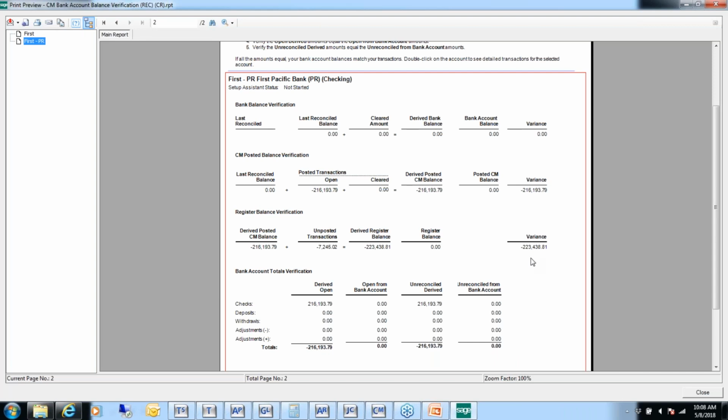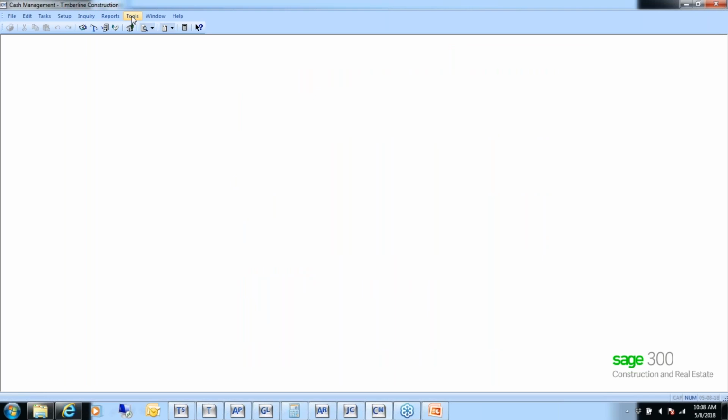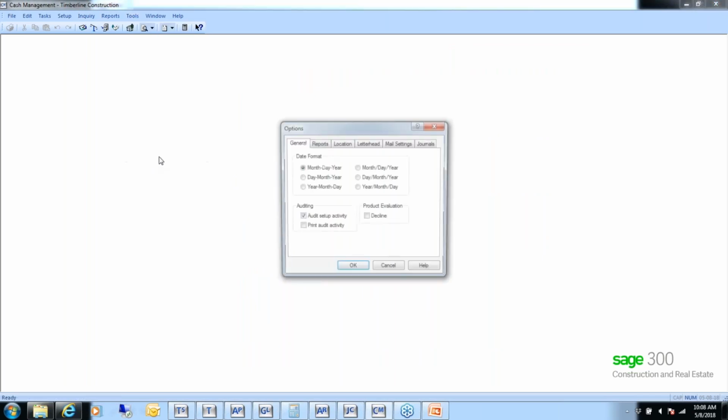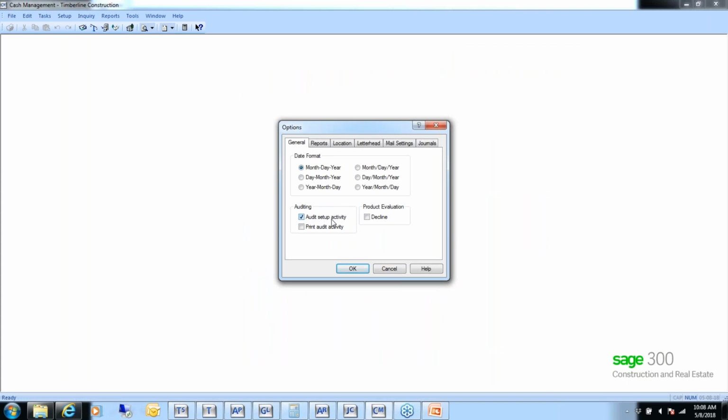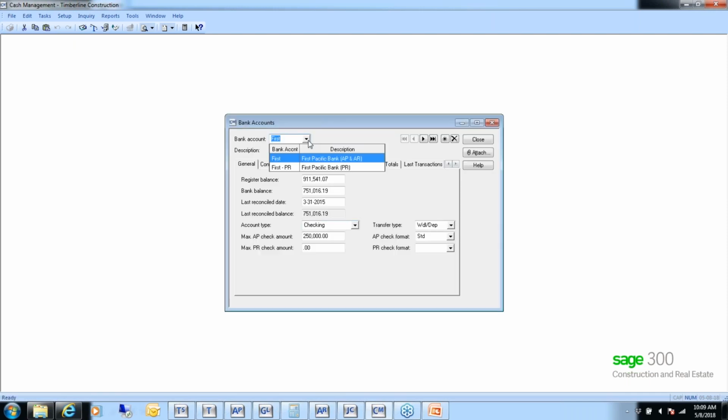Okay. So back here again, if you run this report and you have any variances on any of these where the variance is not 0, you need to change your master file to correct it. And the way you correct it is manual. You have to come in here under Tools, Options, and you need to turn on Audit Setup Activity. And then you come in on the bank account, and you go to the bank account that is incorrect, and you make the change. Now, this bank is not active yet, so I can't do that, but on this first bank, I would be able to change